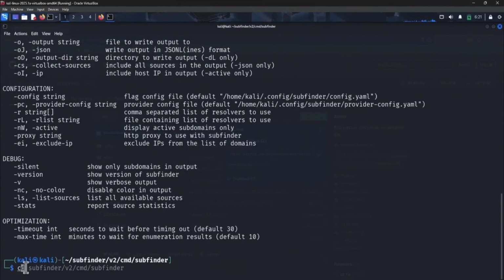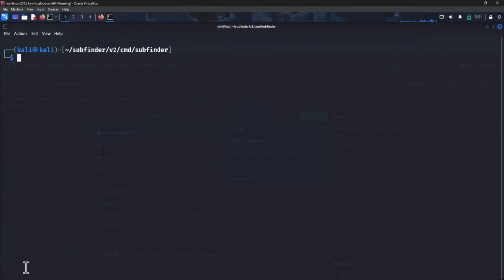Finally, type the clear command to clean up the terminal screen, and press enter. Since Subfinder is a Go-based tool, it's portable. You can run it from any directory on your system. Let's try running it from the home directory. First, type the following command: cd. Press enter. Now you're back in the root of your user folder. To begin discovering subdomains, type